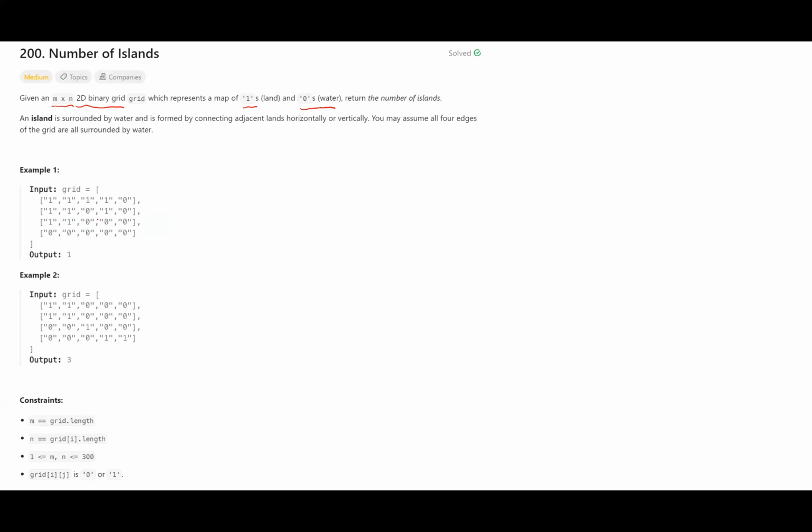Okay. So you may assume all 4 edges of the grid are all surrounded by water. So basically that means this is water, this is water, this is water, this is water. So on the 4 sides, you can assume there is water. Okay. And so let's try to make this thing a little bit more